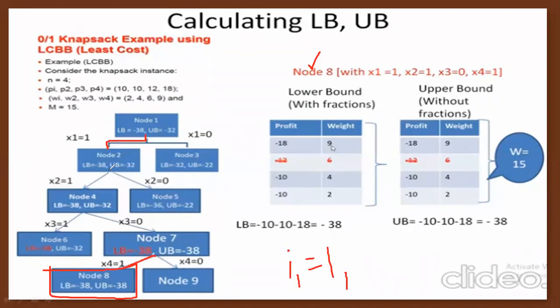So item 2 also completely taken here, item 2 is completely taken, and here item 3 not taken, I3 equal to not taken, it's equal 0. That means that third item is not taken, item 3 is not taken. So here if you consider the part, item 1, this is 6, this is 10.